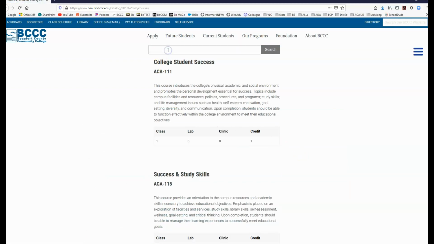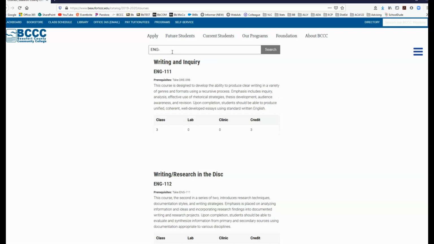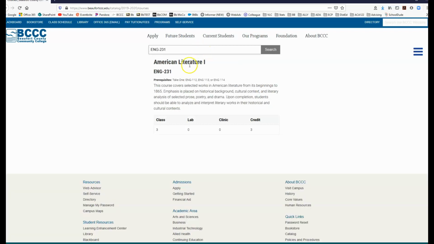So for instance, if we were interested in trying to see if English 231 has any prerequisites, we could search the catalog for English 231, and we see here that English 231 does in fact have prerequisites. You have to take one of these courses, either English 112, English 113, or English 114. That doesn't mean you have to take them all. It just means you have to have successfully completed, meaning you passed,